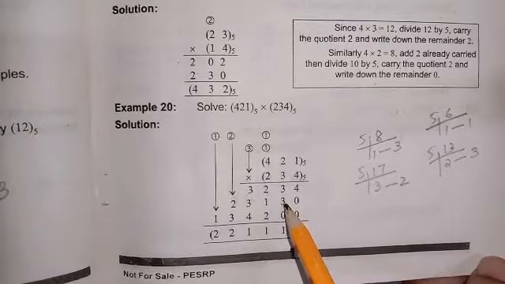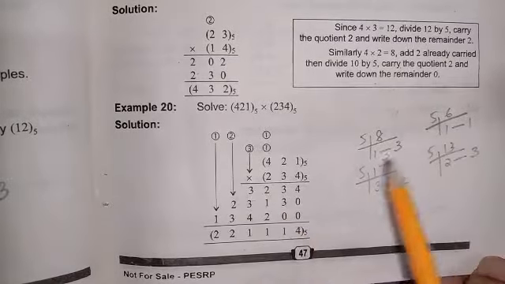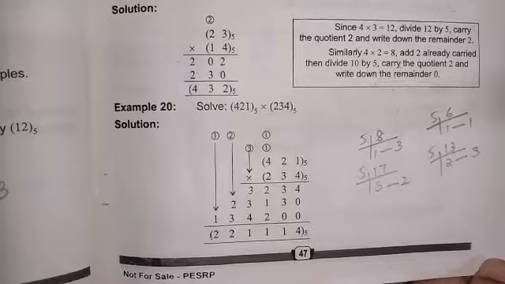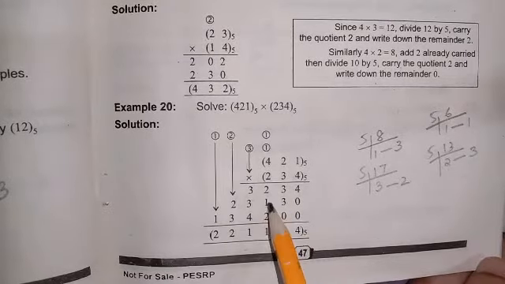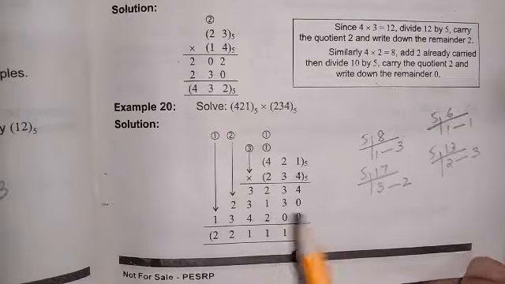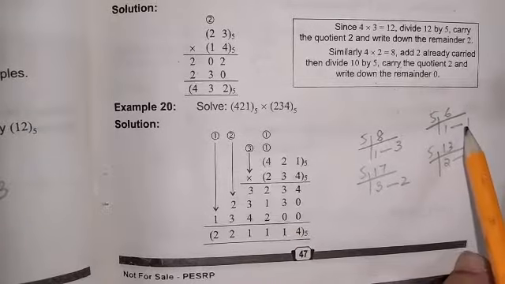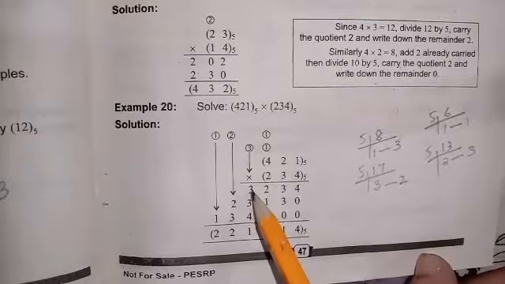3 plus 3, we got 6. We cannot write 6 as it is, so we will divide it. After the division, we will write remainder 1 here and 1 quotient to the next column. 2 plus 1 is 3, 3 plus 1 is 4, 4 plus 2 is 6. We cannot write 6 again, so we will divide it. 1 is remainder and 1 is quotient, so we will write 1 remainder here and 1 quotient to the next